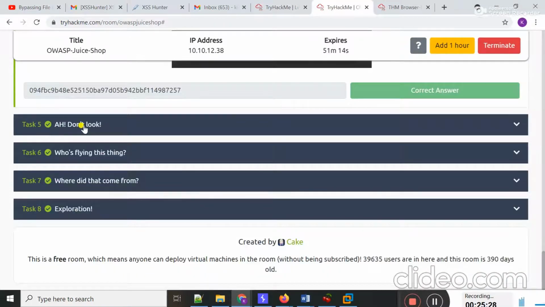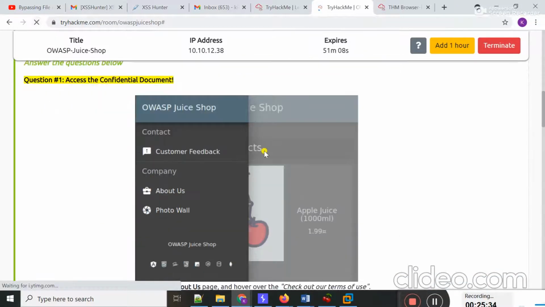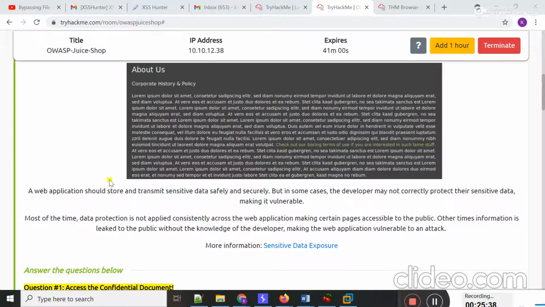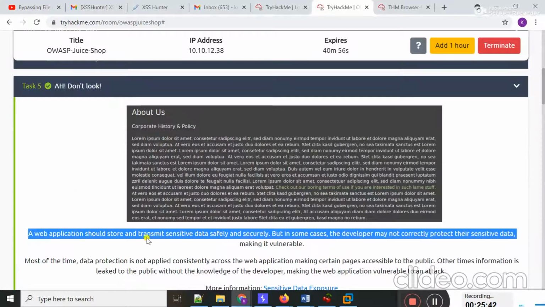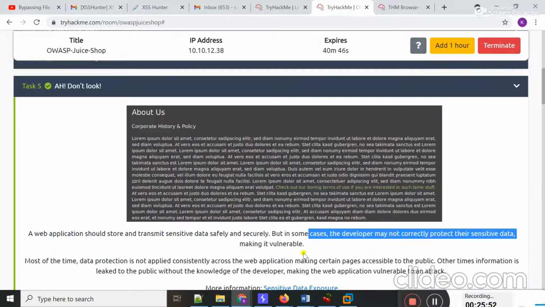Let's move to task 5. Okay, if I check task 5, a web application should store and transmit sensitive data safely and securely, but in some cases the developer may not correctly protect their sensitive data, making it vulnerable.